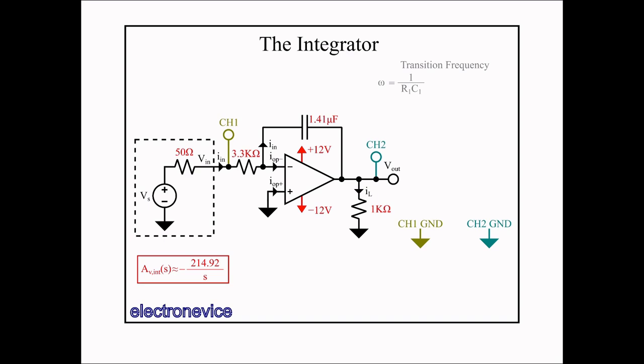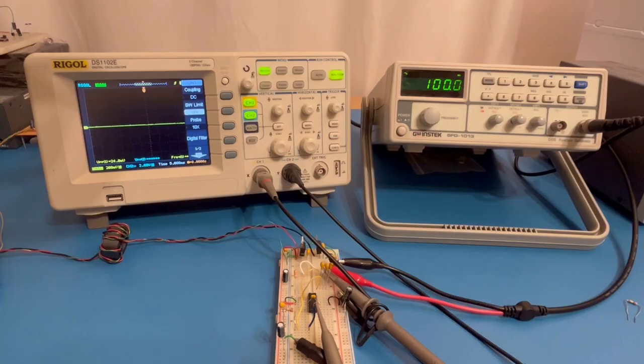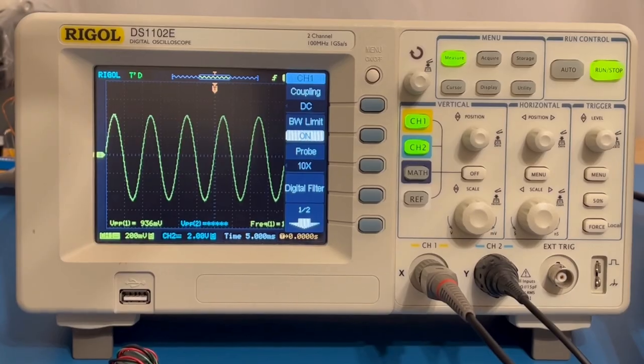Similarly to the non-inverting amplifier, we connect oscilloscope channel 1 at the Vin point, thereby eliminating the effect of the function generator's source resistance, and we measure Vout with scope channel 2. I've removed the feedback resistor for now to show how difficult it is to deal with an integrator without one. So here we have the circuit breadboarded, and with the scope and function generator connected up to it, I now enable the function generator's output at 100 Hz.